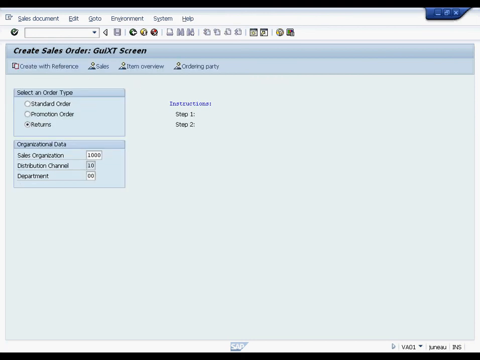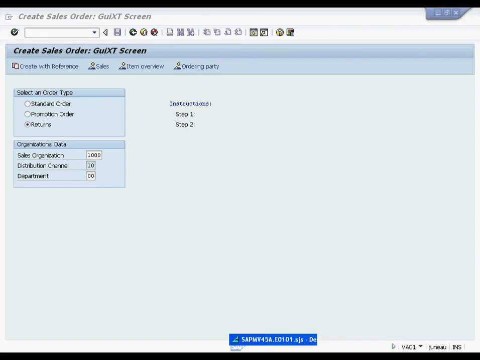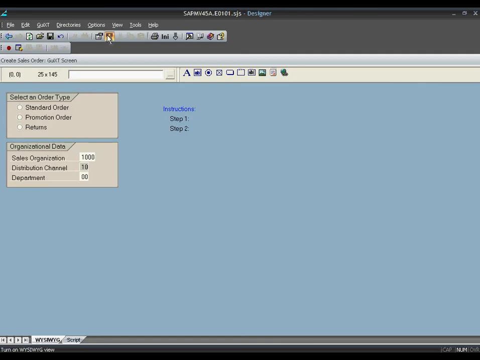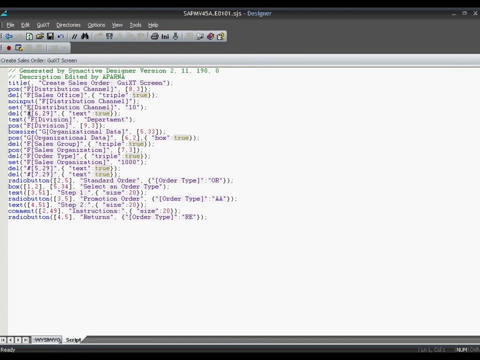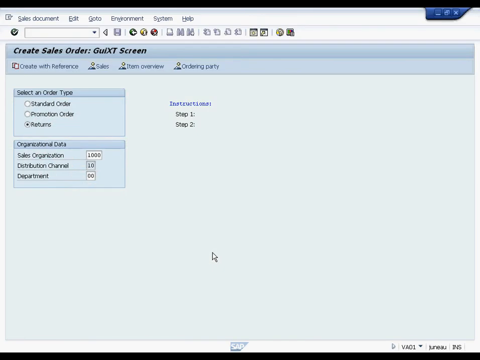Now let me show you what the script looks like. So I'm going to click on the toggle here, and this is what the script looks like. This is what designer creates for you. Okay, you have the title command. When you change the title, or when you hide a field, it creates a DEL command. Very intuitive. Okay, so once it creates a script for you for VA01,